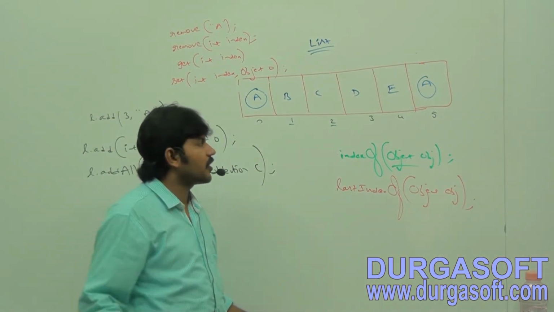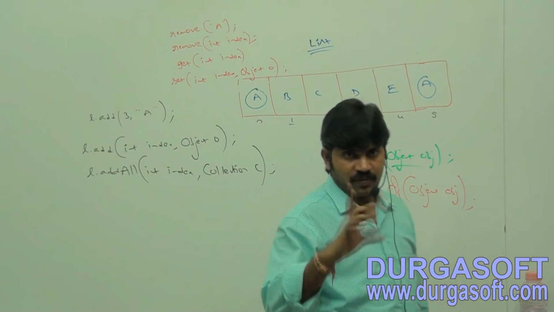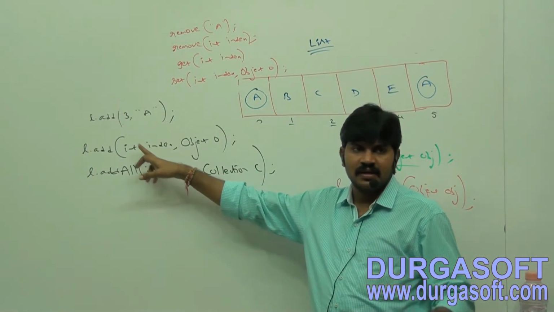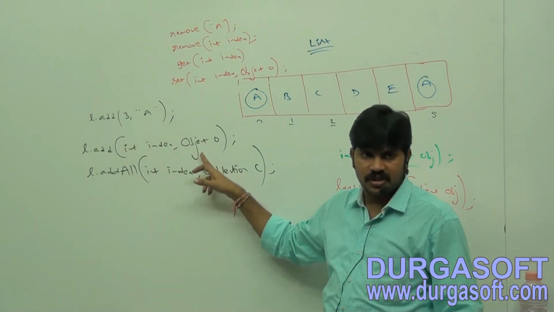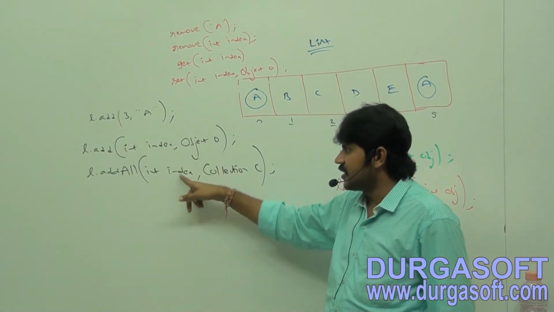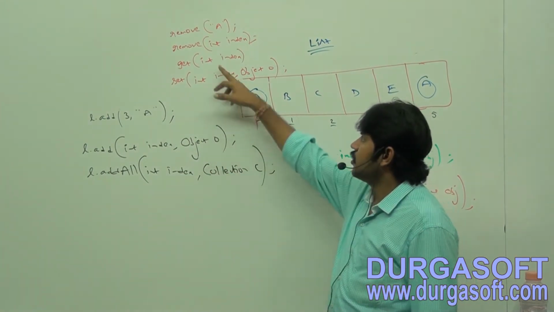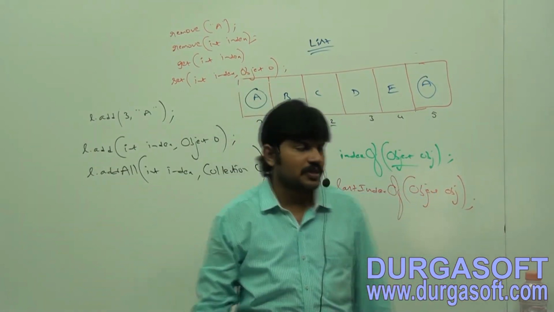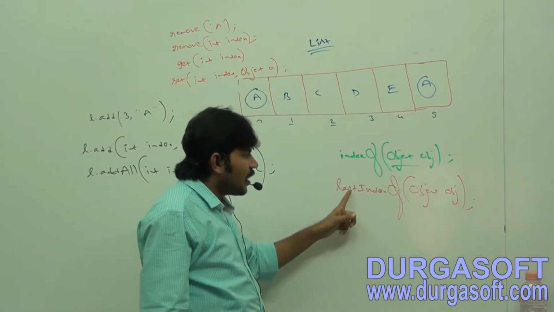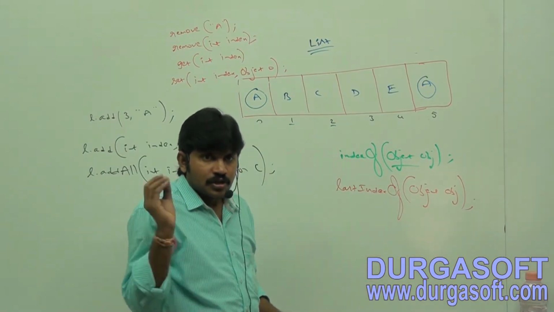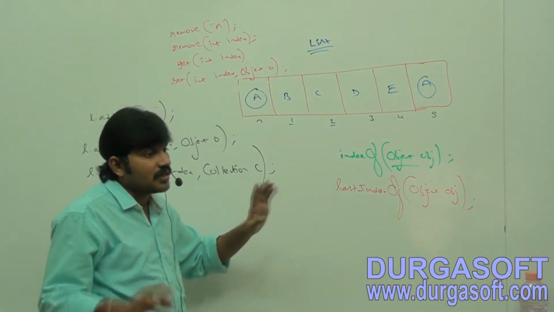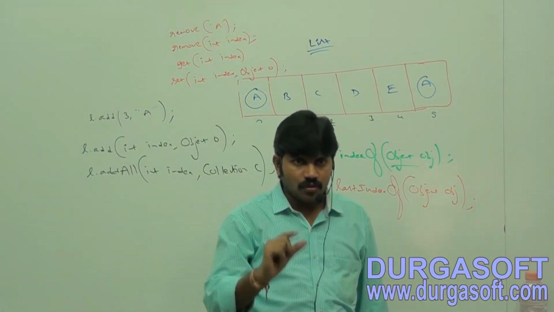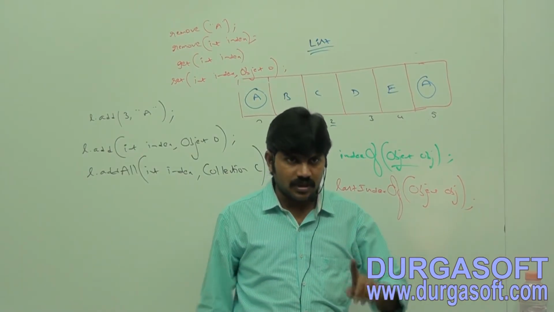These are various important methods present in the list interface. Are you getting it? Every list-specific method always talks about what? Index. l.add(index, object o), l.addAll(int index, collection c), remove of int index, get of int index, set of int index comma object o, indexOf, and lastIndexOf. Are you able to understand it? Everything we have to talk with respect to index only, right? So in list, one word plays a very important role. What is that word? Index only. Clear for all of you, right?